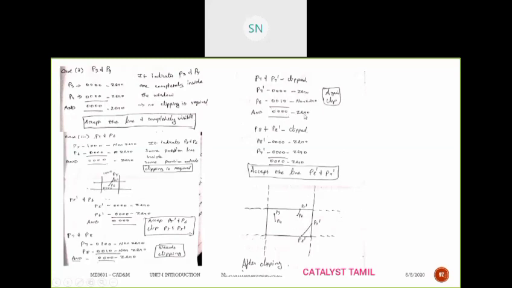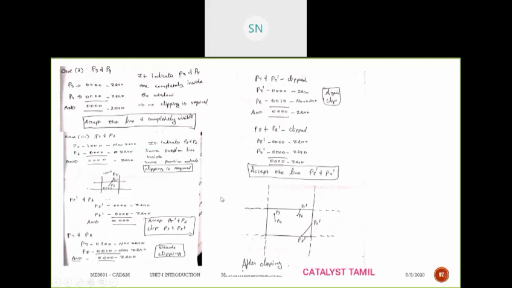But what is the main point here? We have a zero term as input at one end, and a non-zero term as input at the other end, but we get the result as the zero term. So we must do the clipping once again. P8 and P8 dash, so it is clipped. P8 dash is the zero term, and P7 dash is the complete zero term, so in the answer also I will get the zero term. So here the line is accepted and it is completely visible. This is the result after clipping.